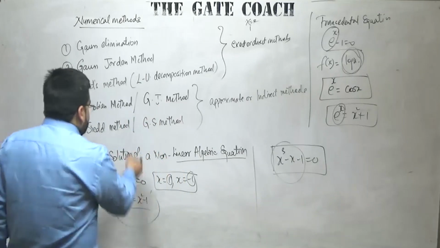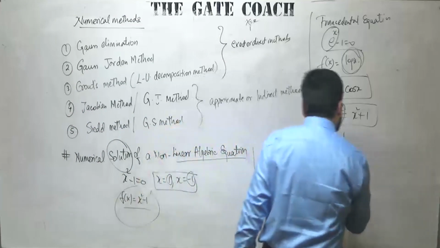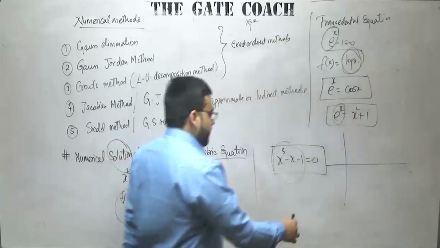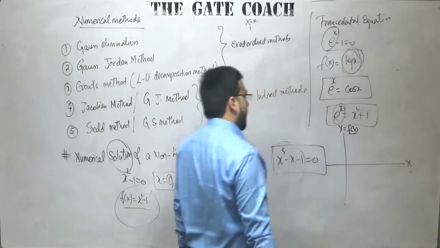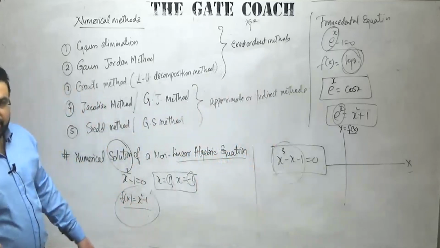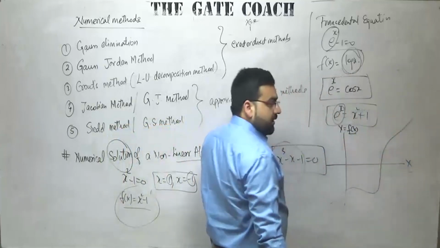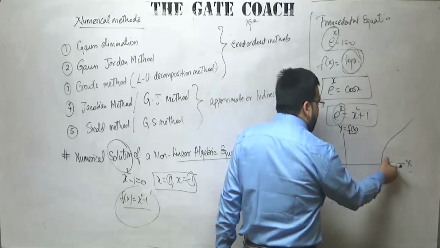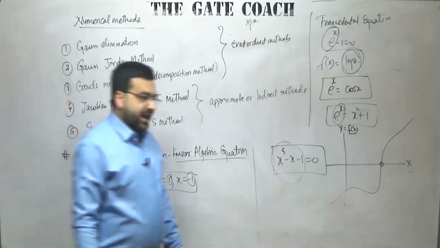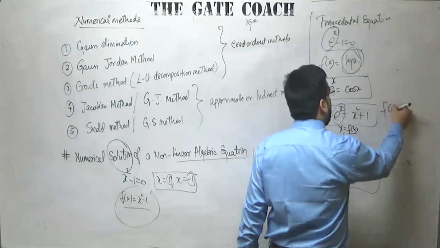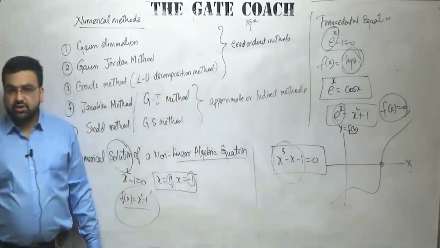The question is, what is the meaning of this solution? Any equation will form a graph. For example, in Cartesian coordinates, the value of x and the value of y. Y is also called the function of x. If you keep putting the value of x, you will get some value of y. Let us say that for f of x, you get some graph somewhat like this. The point at which it meets the x-axis, or the point at which f of x becomes equal to 0, or the y value is 0, is called the solution of the equation.